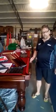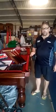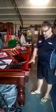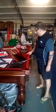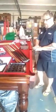Hi, now I'm going to show you a few things you need to look out for when you're buying a pool table. There are different types of pool tables around. Now this particular table is a slate based table. So you've got slate base, which means underneath the felt that's all slate, which means that it's never going to